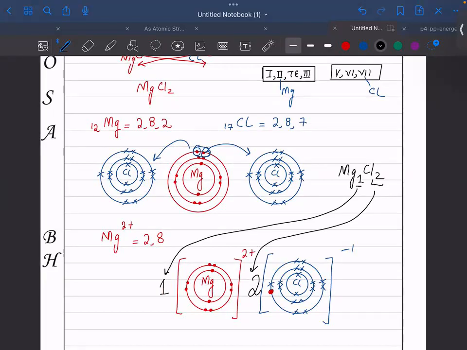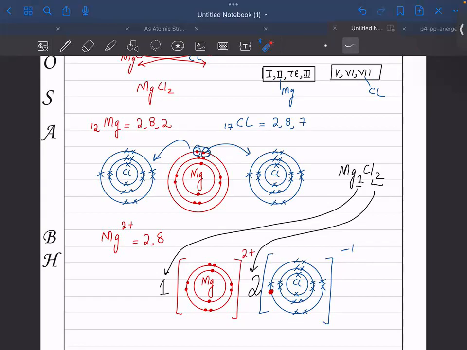कुछ बच्चे गलती ये करते हैं कि Cl-1 की जगह Cl-2 लिख देते हैं, कहते हैं मैग्नीशियम ने 2 इलेक्ट्रॉन लूज किए तो क्लोरीन भी 2 गेन कर लेगा। नहीं कर सकता। ग्रुप 7 में 7 वैलेंस इलेक्ट्रॉन्स हैं, जगह ही एक है उसके पास। क्योंकि सर स्टेबल होने के लिए सिर्फ 8 चाहिए होते हैं, 8 से ज्यादा नहीं चाहिए होते। अगर 2 करेगा तो वो 9 ले ही नहीं सकता, 1 से ज्यादा ले ही नहीं सकता।